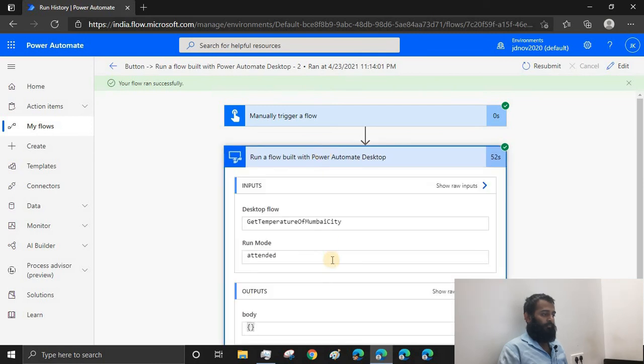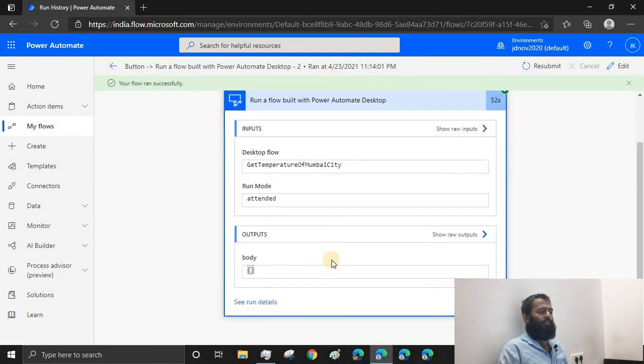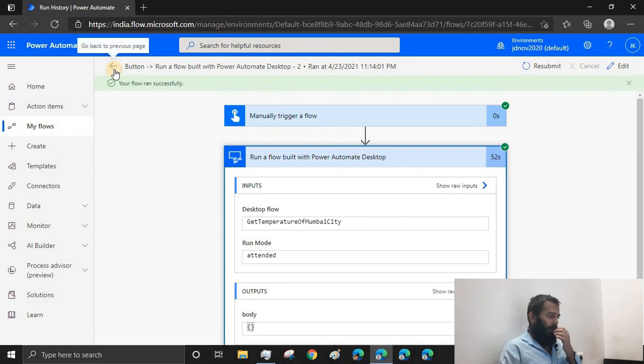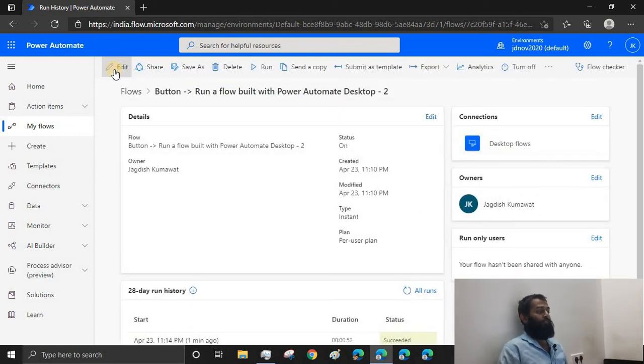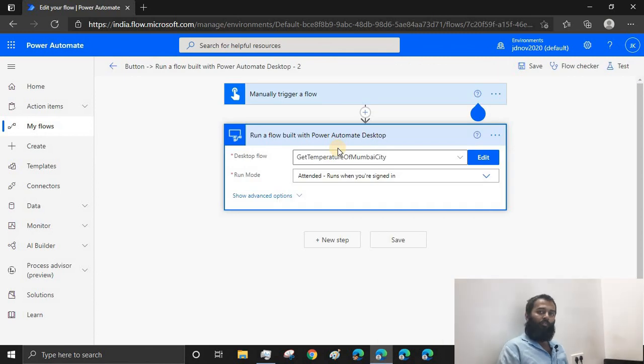And here, if you have any output variables created, then you can see the output over here. Fine. Now coming to the issues most people face. Many of you get an error while creating a connection, like unable to connect to the gateway, and it says timeout. And the second error is, please check whether the Power Automate desktop is installed, because unable to connect to the so and so desktop flows.